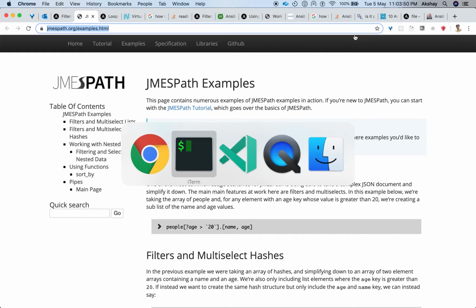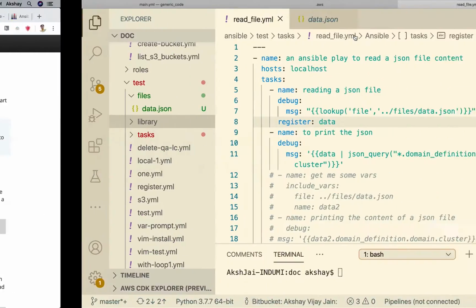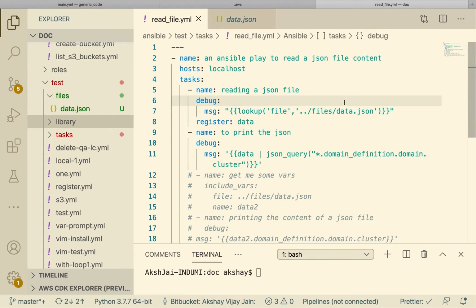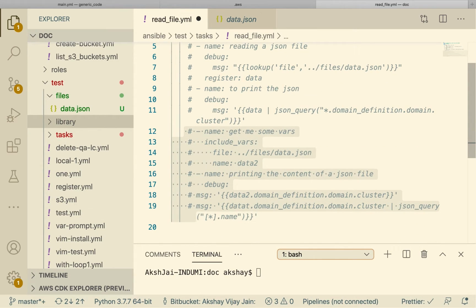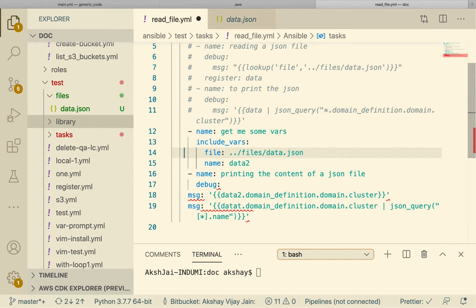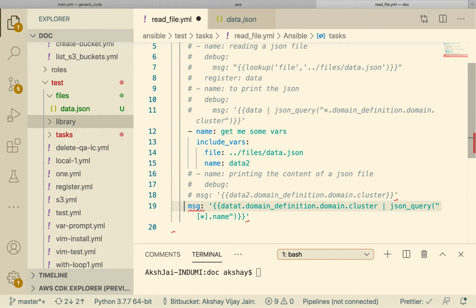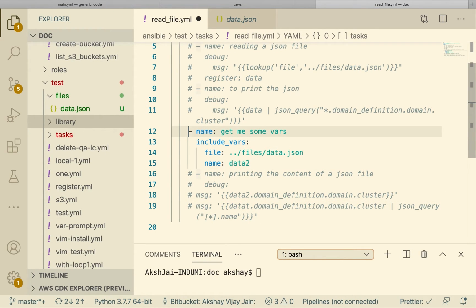Now let's look at the second way to access the contents of a file into a variable. We'll comment out our first code and start with our next code. It is very simple.